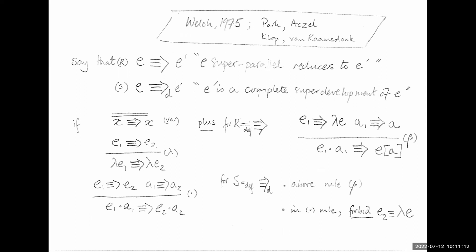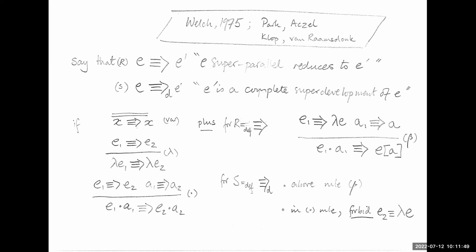So what are R and S? Now, Tait and Martin-Löf invented a particular R and proved the diamond property for their R directly. And then in the late 80s, Masako Takahashi gave this triangular optimization of the lemma. But already this idea was known in my magical window of 72 to 77 by Peter Welch in Kent. So he defined a relation R, which we would now call superparallel reduction. It's a bit of a mouthful.